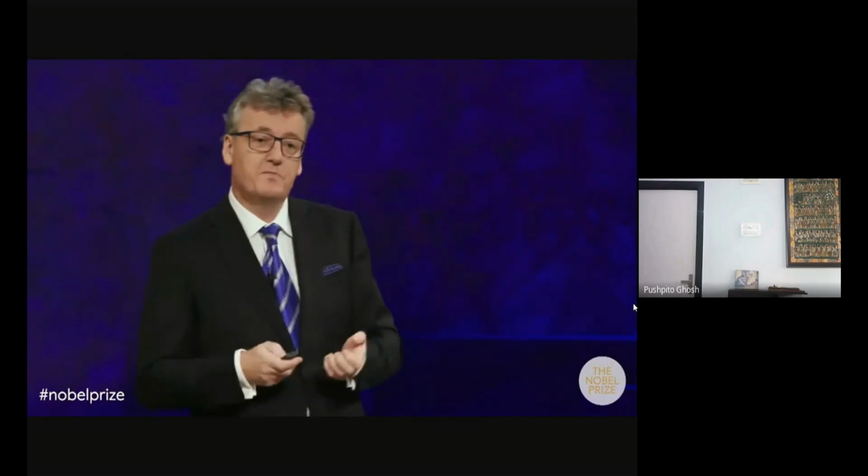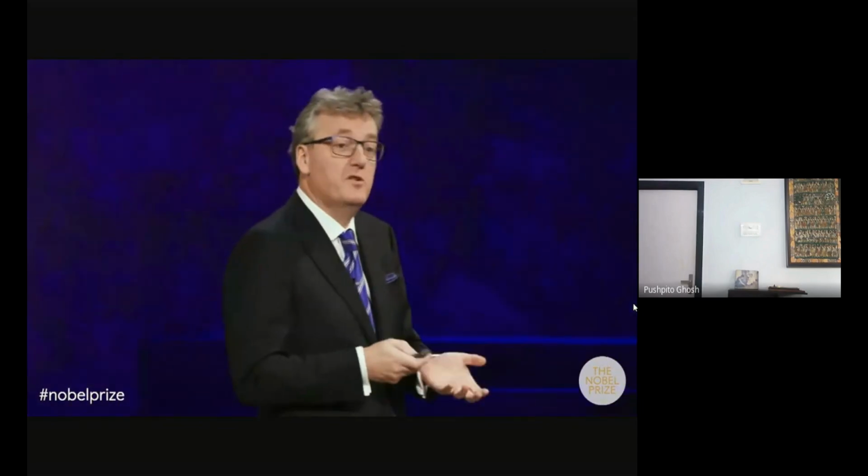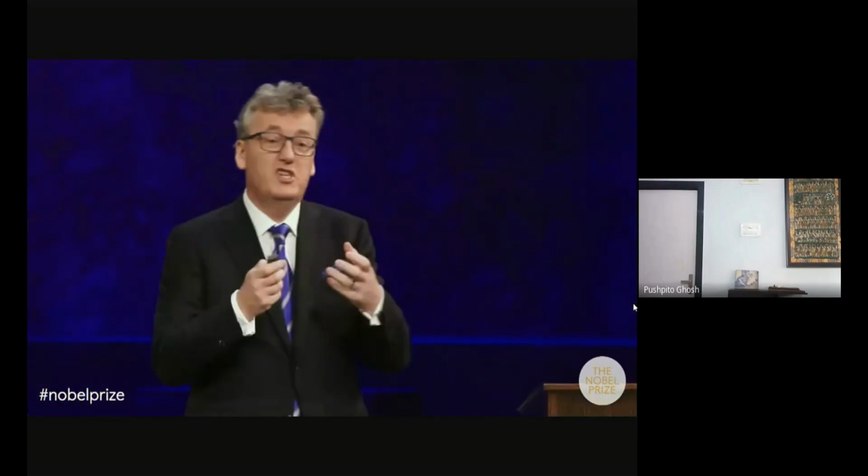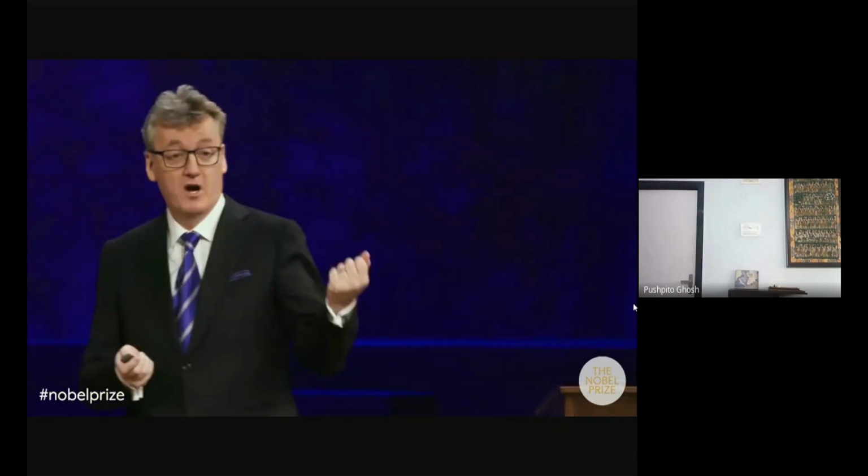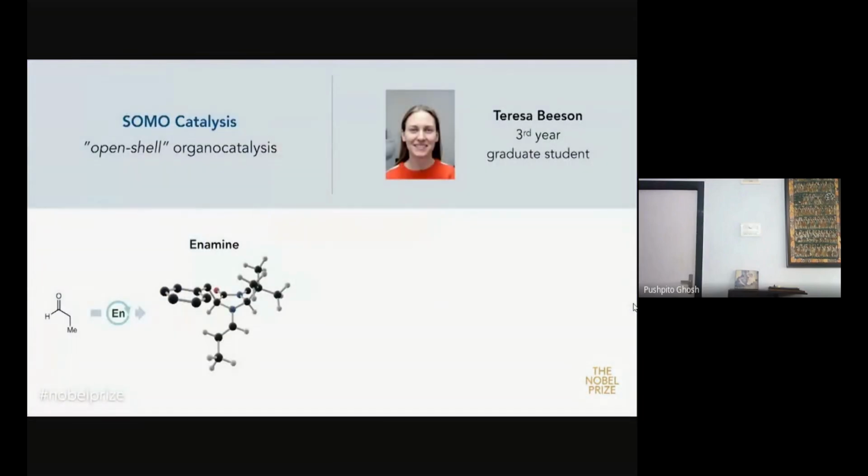And the reason was because, as the name suggests, radicals allow you to do radical things. They allow you to achieve radical reactivity. And so we became really interested in whether you could merge this with organocatalysis. This was actually work that was conceived of and executed by a really fantastic graduate student in my group, Teresa. What Teresa did was she said, I should be able to make the same enamine, but